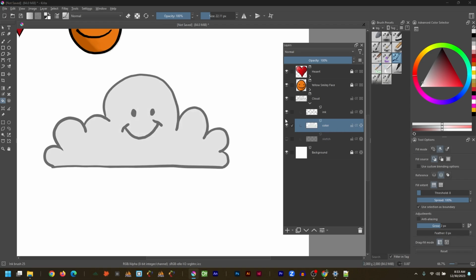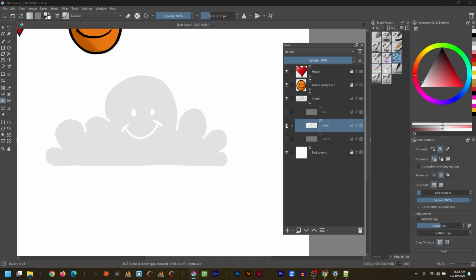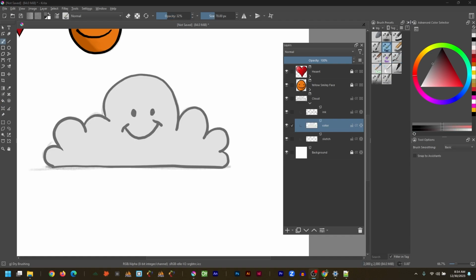Oftentimes, I just pause and toggle the layers on and off to make sure I've drawn on the correct layers. I also am sure to lock them if I'm finished with them. With the color blocked in, it's time to start adding some shadows and highlights. I'm going to paint directly onto the color layer, so in this case I just need to remember to click Preserve Alpha at the top. This will make sure I can't color out of the lines, or can't color out of the colored area that's